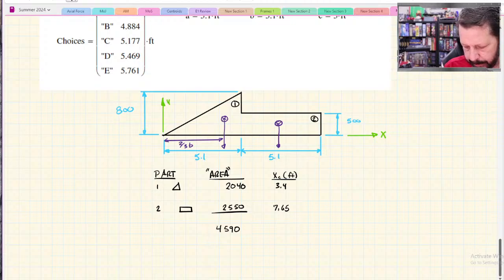And then I have A times X. 2040 times 3.4 is 6936. And 2550 times 7.65 is 19507.5. I sum those up, and I get